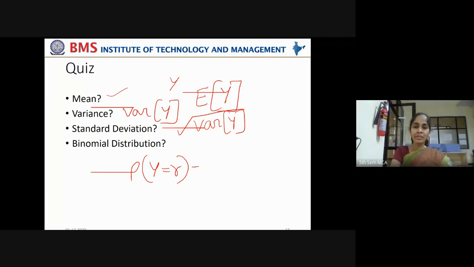How can it be represented as a binomial distribution? N factorial, total number of coin tosses made, divided by r factorial, number of times you find heads out of n coin tosses, into